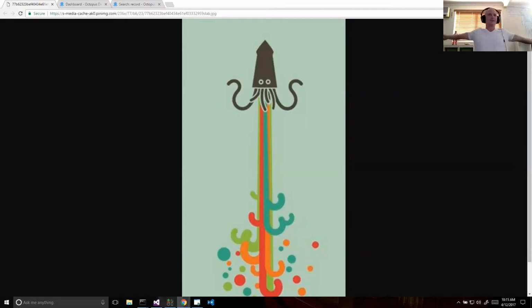All right. This is supposed to be a rocket octopus, but it looks more like a rocket squid because I'm going to talk about performance as well, just really briefly. And this is just a very short demo, more an awareness talk, because we've been doing a little bit of performance work recently, and we've talked about that before. But one of the things that I haven't focused on, and this is more focused at developers, is just some of the tooling that we have that you may or may not be aware of that we've been using to